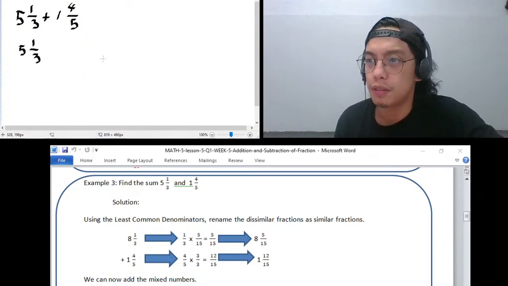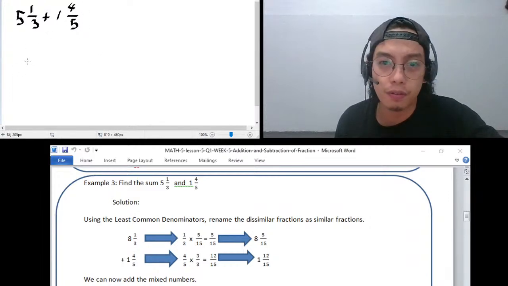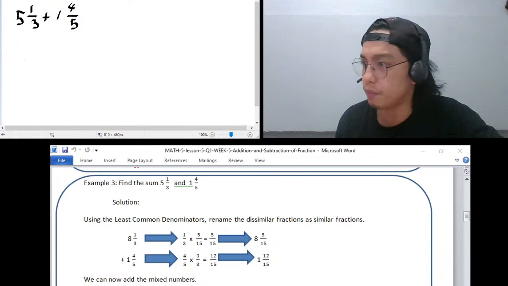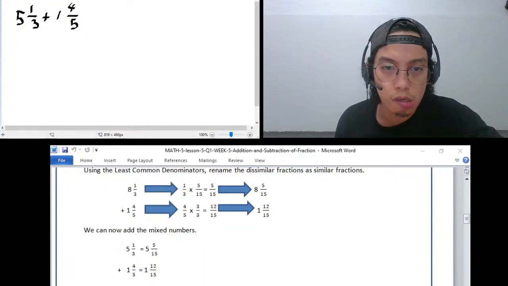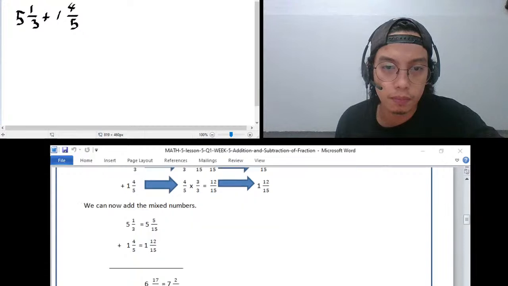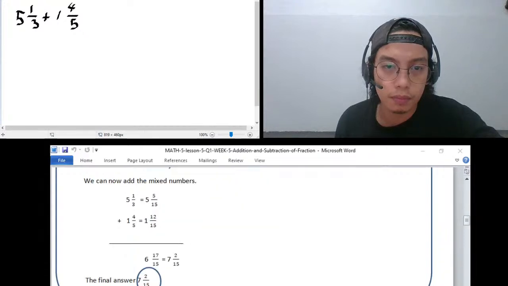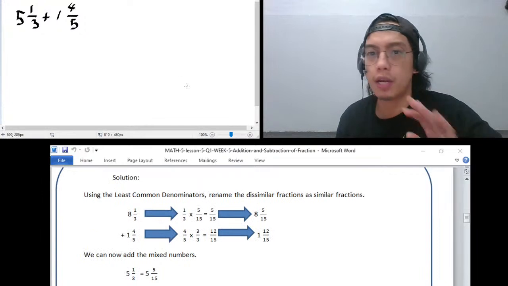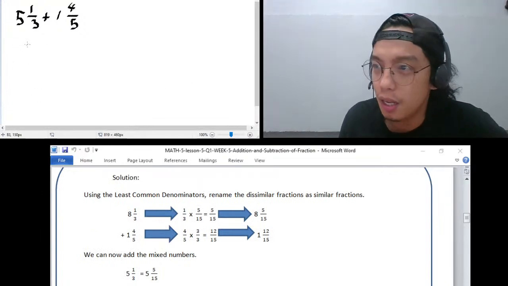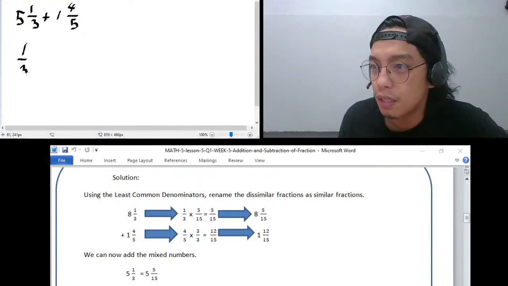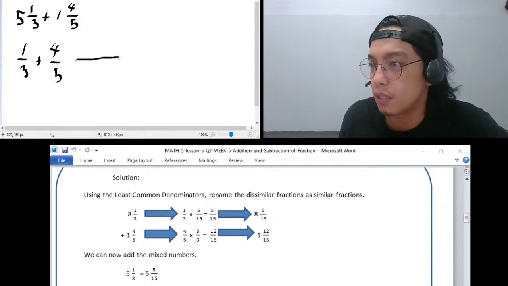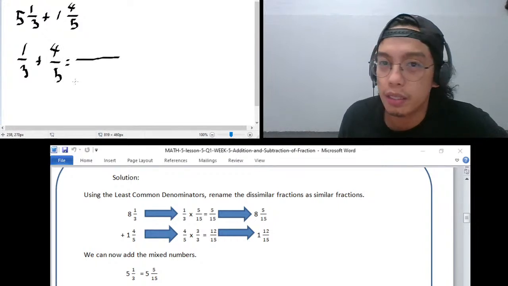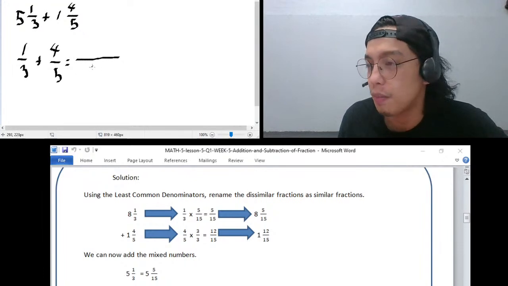Okay. So first, 1/3 and 4/5. Let's try what I know. 1/3 plus 4/5. So what's the least common denominator, Nila? It's the same thing, it's 15. So